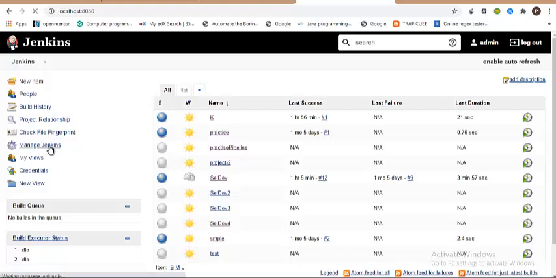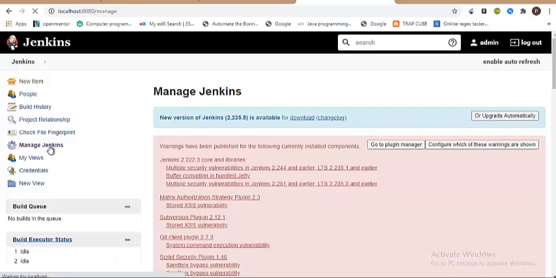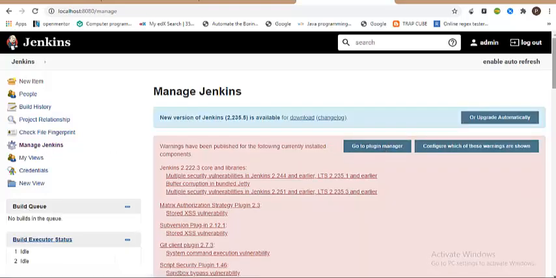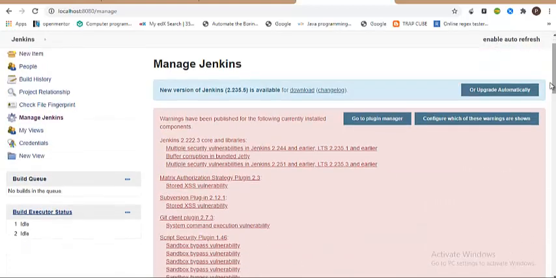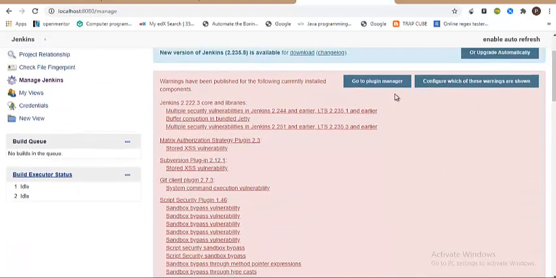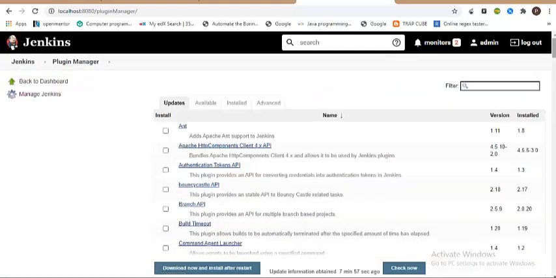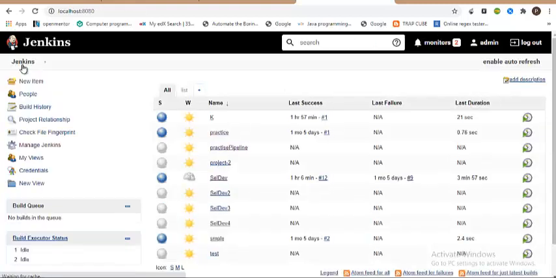So maybe you can go to Manage Jenkins. If you go to Manage Jenkins, you should see a list of plugins that need to be downloaded. Or else, if you are not getting one, just go to Plugin Manager and search there. Basically that window would be automatically prompted when you are logging in for the very first time. Once you are done, you should be coming back to your home screen. So this is your Jenkins home screen.